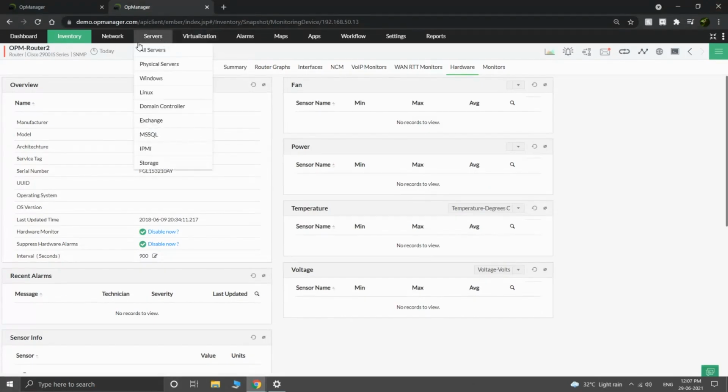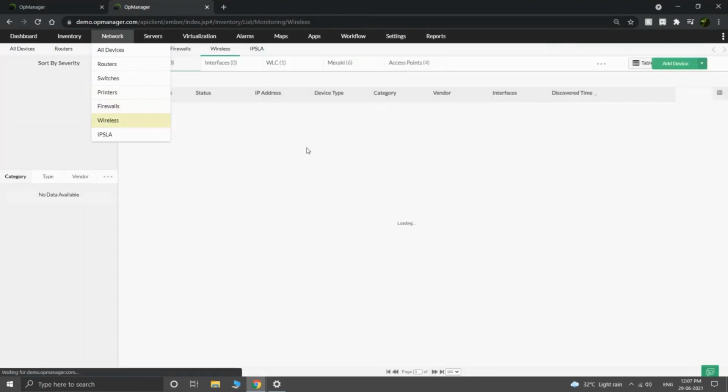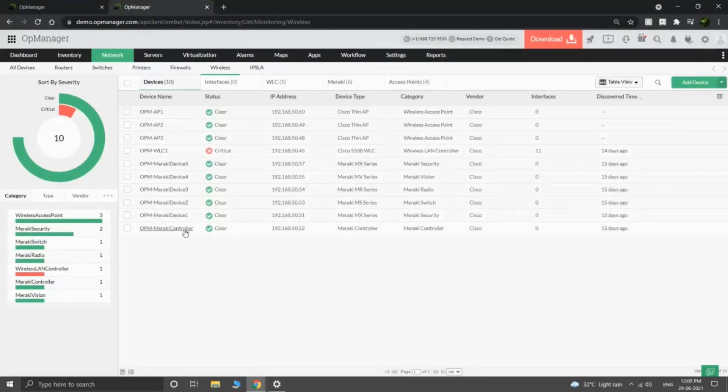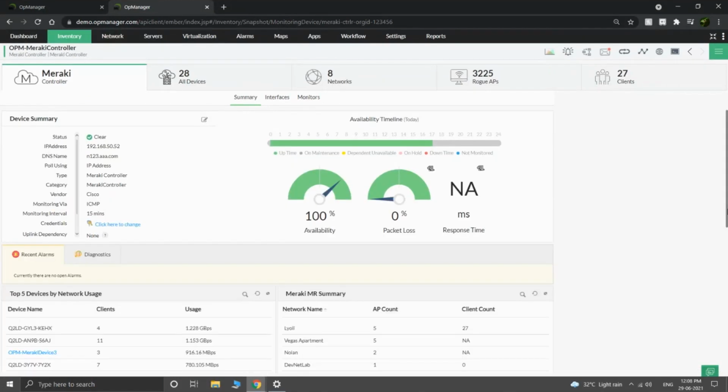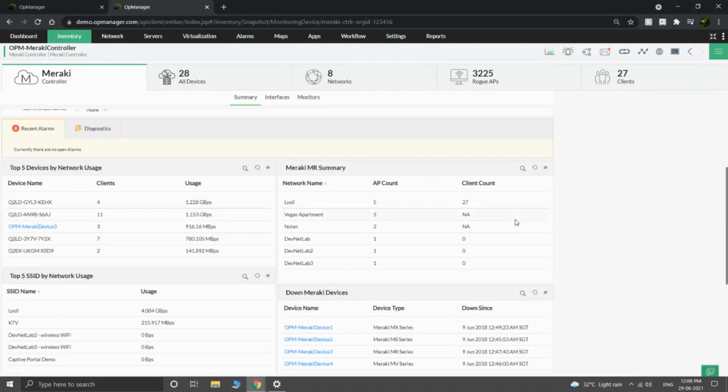I'll show you a Meraki cluster, and I'll show you how the device snapshot page of it looks like, and the various metrics that are monitored. So this is how the device snapshot page of a Meraki cluster looks like. Once you add the Meraki controller into OpManager, OpManager will monitor it for its basic availability. It will tell you if your cluster and the associated entities are available from the OpManager server.